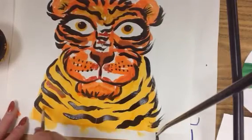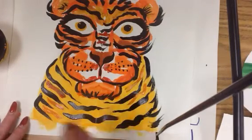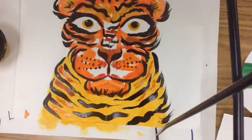I'm going to stick some more of this deeper orange in here just to change some of these stripes. I'm not putting a lot of it. I'm just doing a little bit just to have different value in my body right in here. Then you can go ahead and add your jungle once you finish this